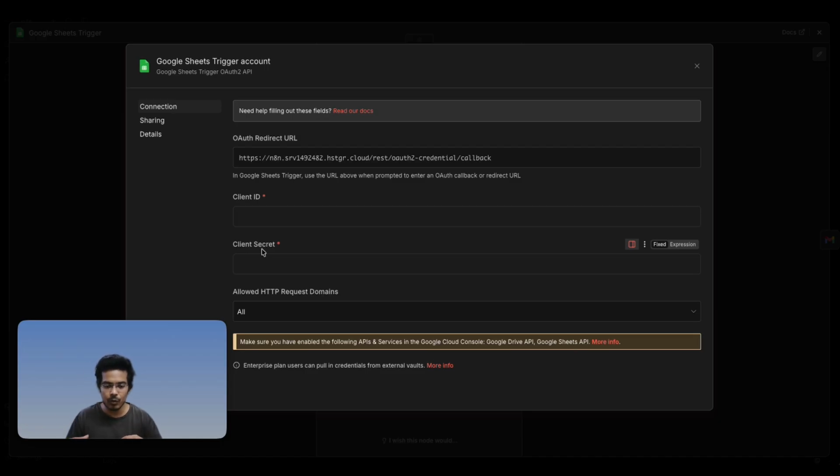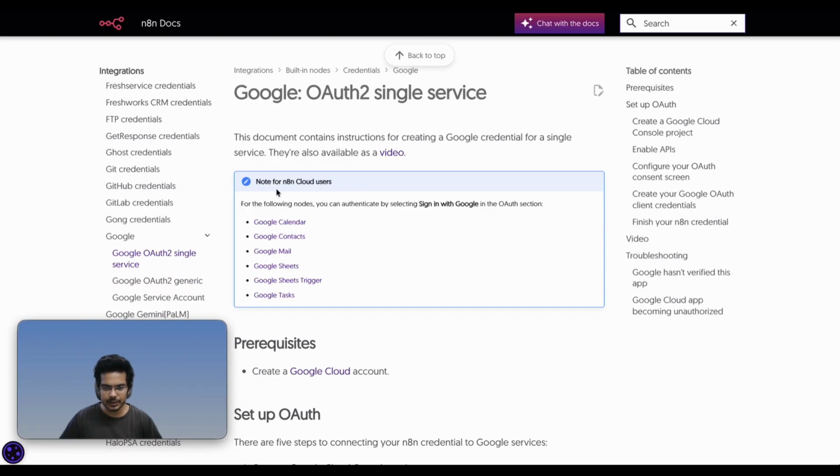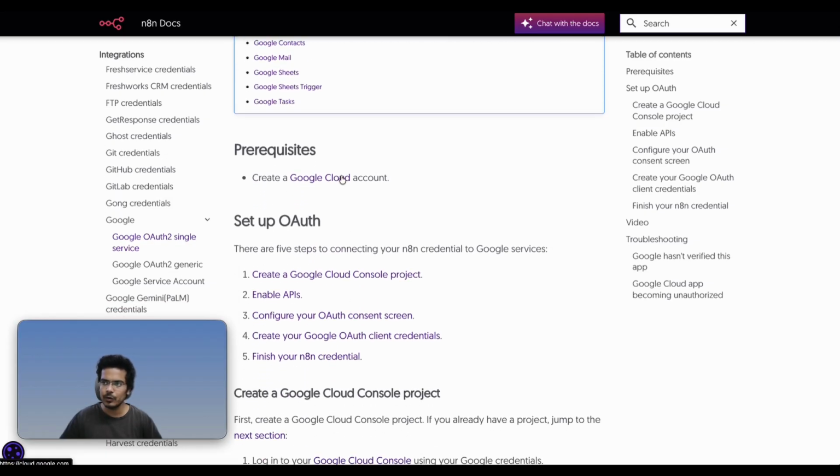But this is our own server, and we have to create those connections. This could be slightly time consuming to do. You might have to do additional things here, but once this is set up with all of your accounts once, you really don't need to worry about it again. So in this video, let's do Google Sheets and Gmail one more time and see how this works. In fact, here there's even documentation which shows us how to connect to all of these Google services. So we would go into Google Cloud,